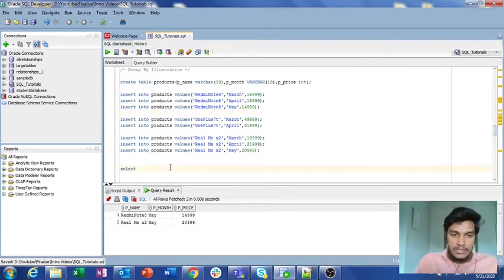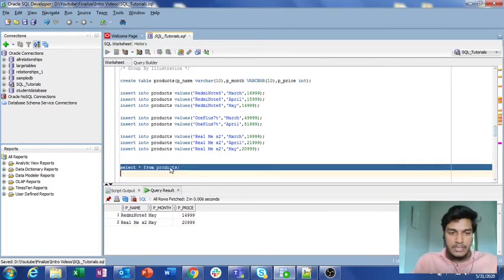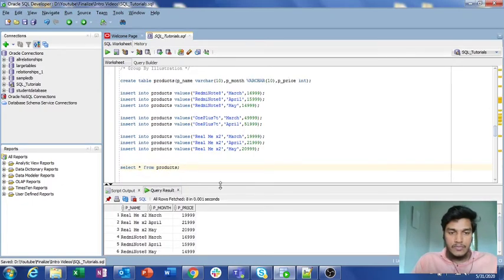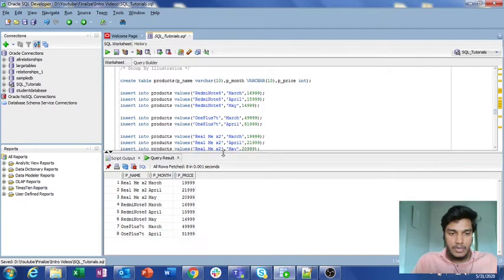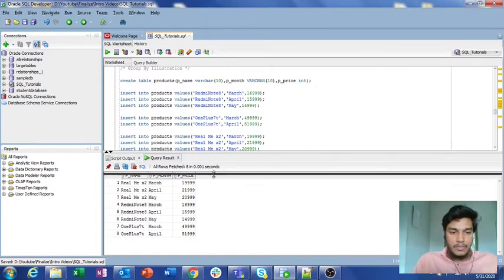I am retrieving the contents from the products table just to show you. Select star from products, and I am running this query. If you see this, we have a total of 8 records here: 3 from Realme X2, 3 from Redmi Note 8, as well as 2 from OnePlus 7T.